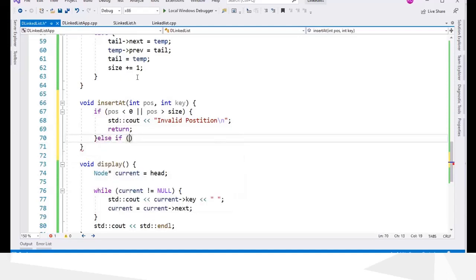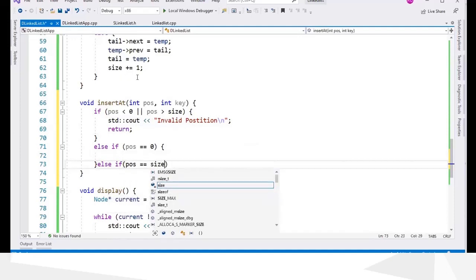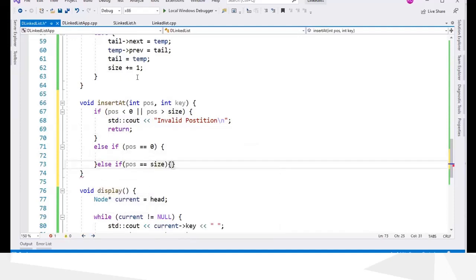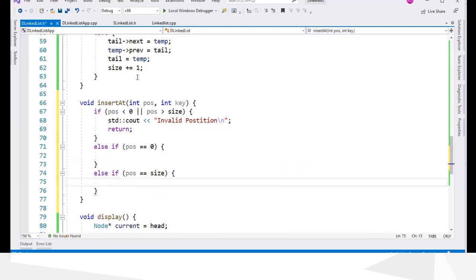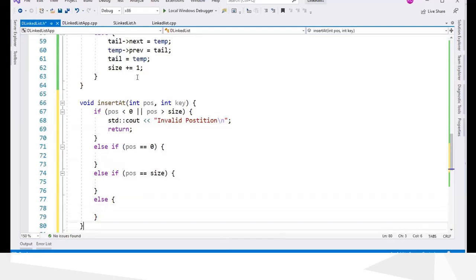Else if, now we have to check the different cases. Position equals 0. Else if position equals size, this is the last valid position, and else means we are inserting in the middle. So here it's very easy.